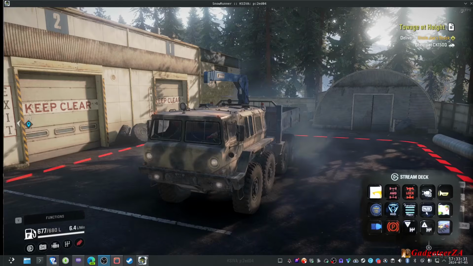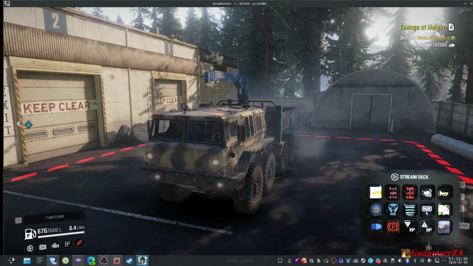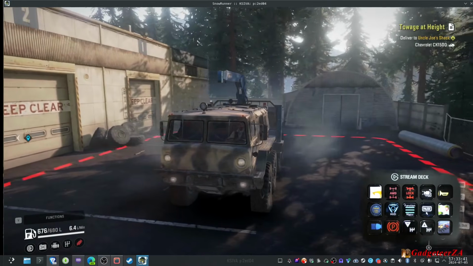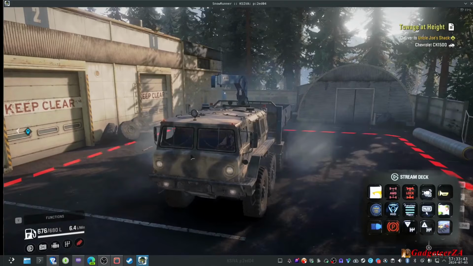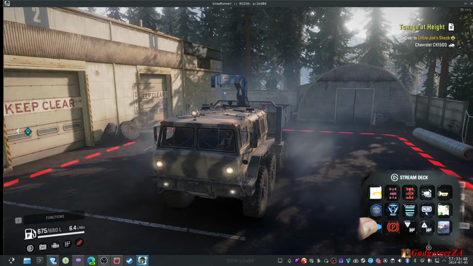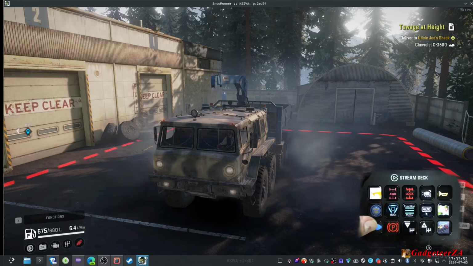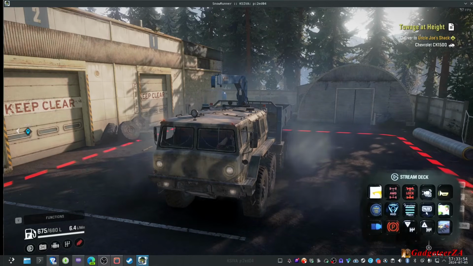So there we are now in SnowRunner, and what I just wanted to say was, you can see the truck there with its lights on at the moment. If I was to hit, for example, the lights button over here, you can see the lights go into high beam and low beam. And you can press the horn,